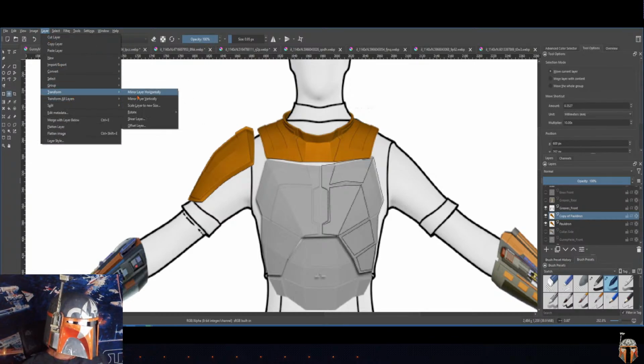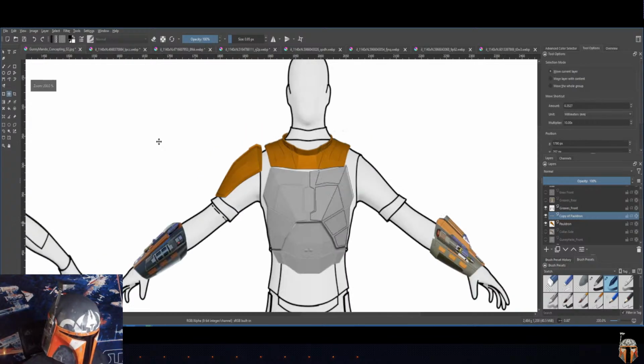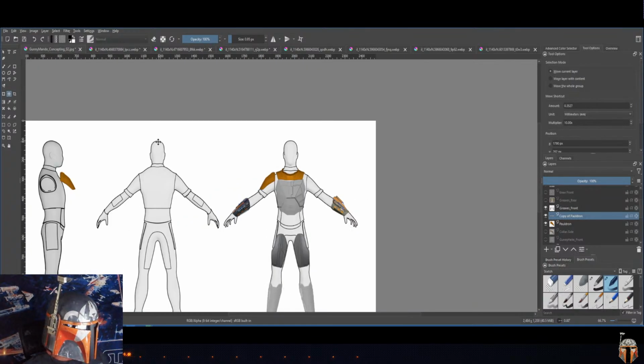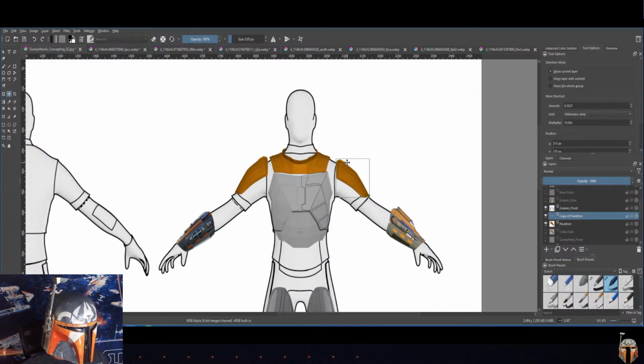We're going to go layer, transform, mirror layer horizontally, and it's probably put it someplace really strange, like over on the other side for some reason. Yeah, I don't know why it does that. I guess it's looking at a mirror line, probably that line that I just dragged out, which is unfortunate because I thought it was just going to perform the function, and instead it was just sort of determining where the mirror